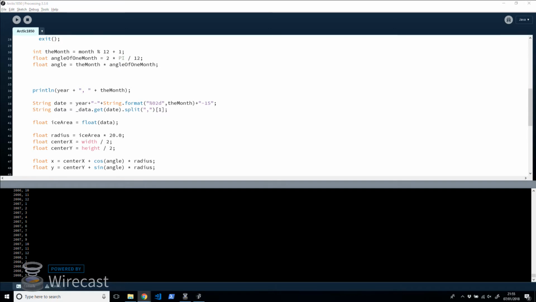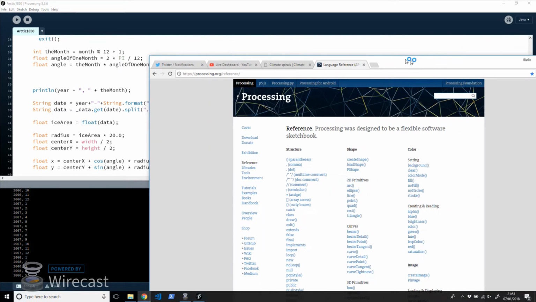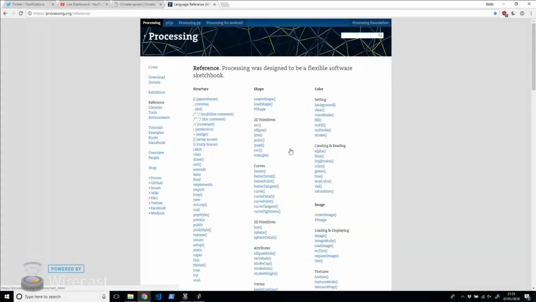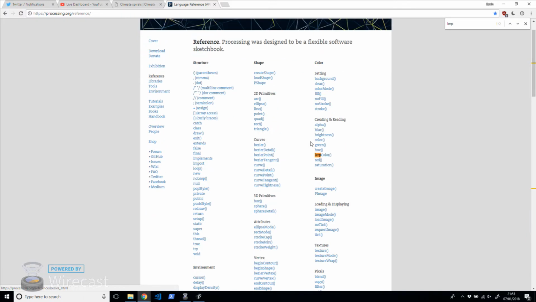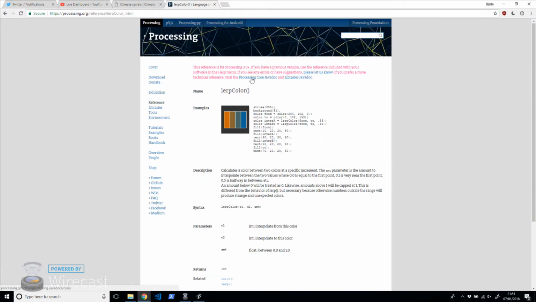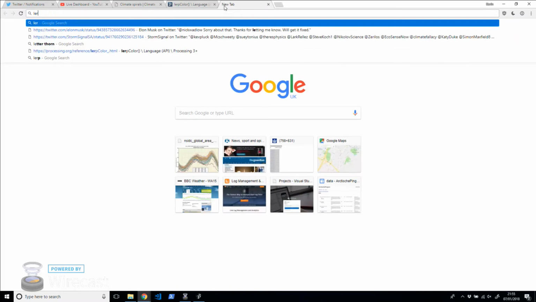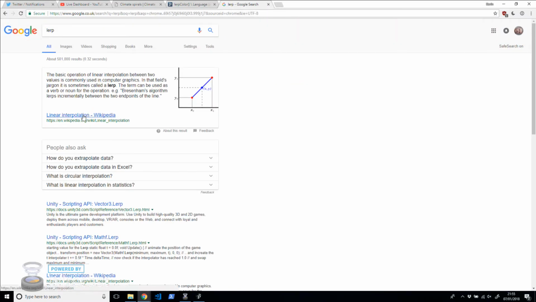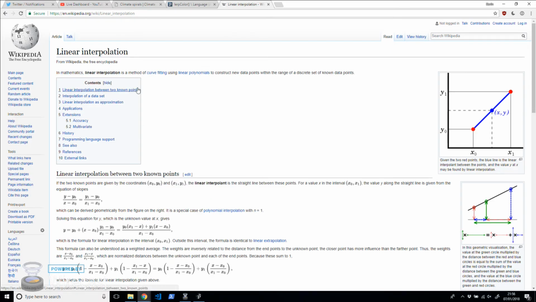It's the, let's see, Processing reference. So bizarre name though, and it is lerpColor, L-E-R-P. Now, what lerp is, let's have a Google for lerp. Lerp is linear interpolation. So given a first point and a second point, and a number between 0 and 1, it'll find a point along that line, which is great for lines, and I have actually used that in other animations that I've done,